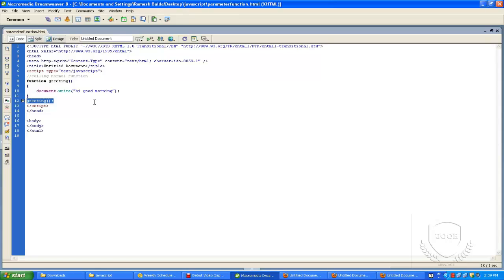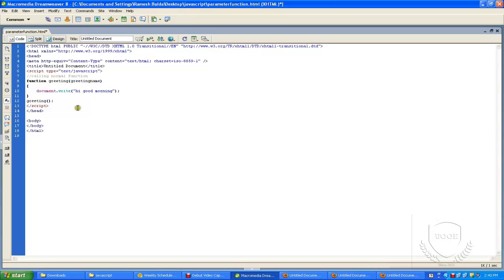So right now we are discussing functions with parameters. Parameters are nothing but names or arguments the function will contain, something like greeting name. If the function contains such kind of name, we can consider it a function with parameters or a function with arguments.